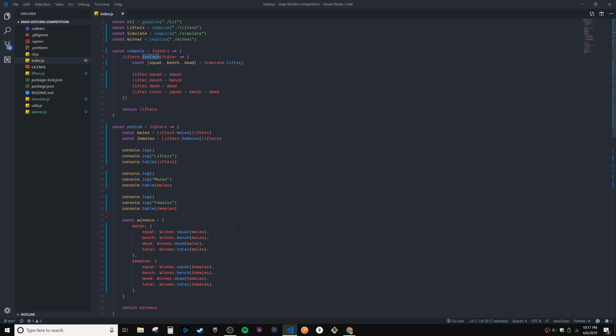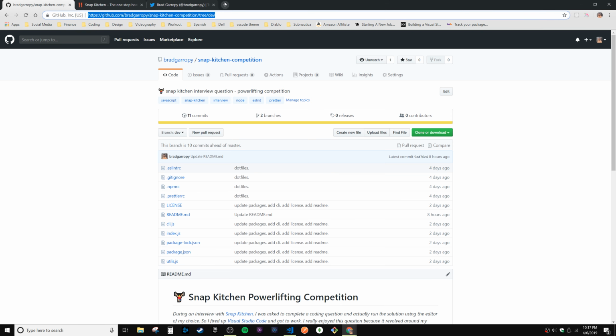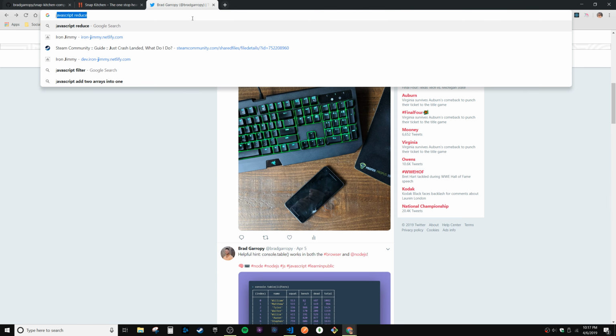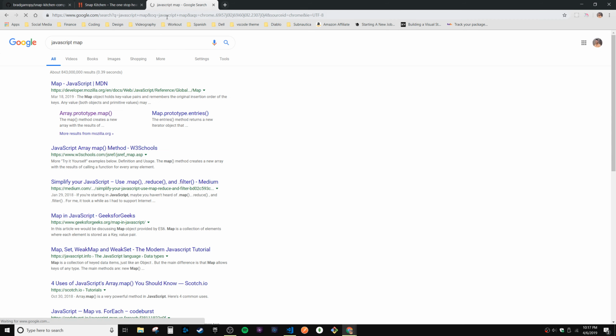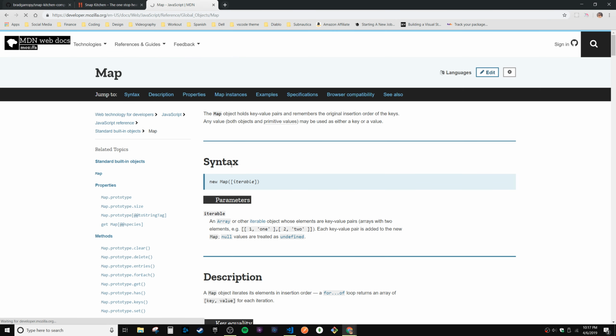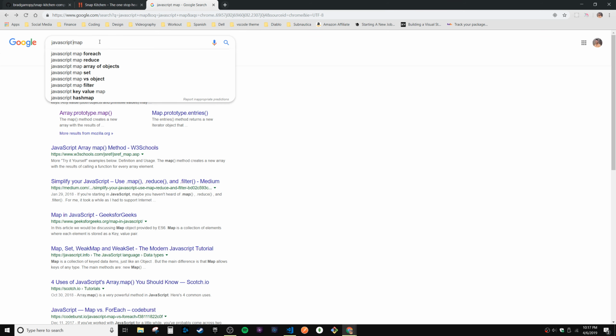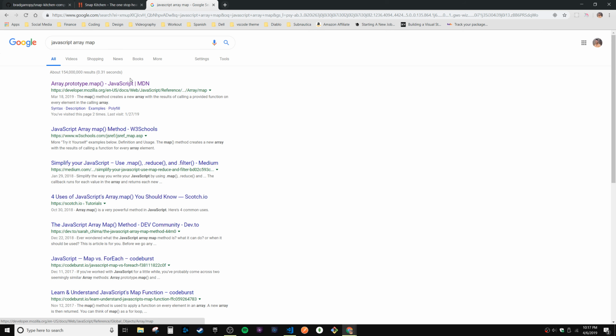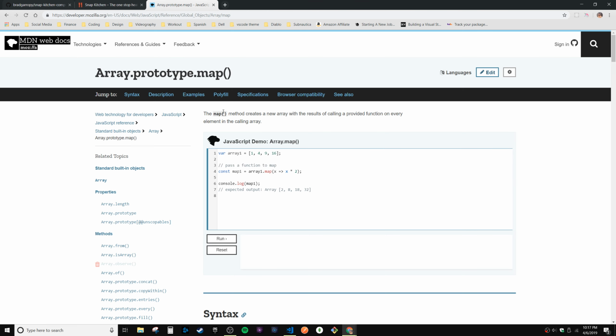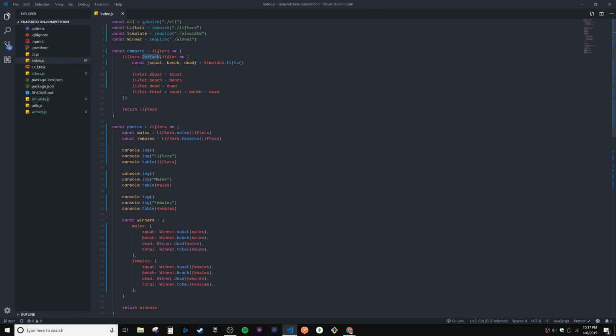So instead of a for each, which modifies in place, what I think we want to do is a map. We want an array map. Can't type tonight. It creates a new array. That's exactly what we want. So instead of for each, we'll just do a map. And we'll have to say const